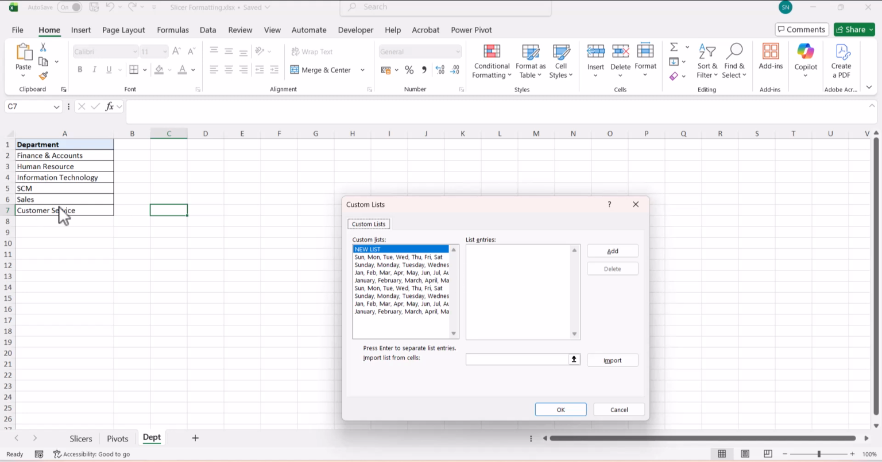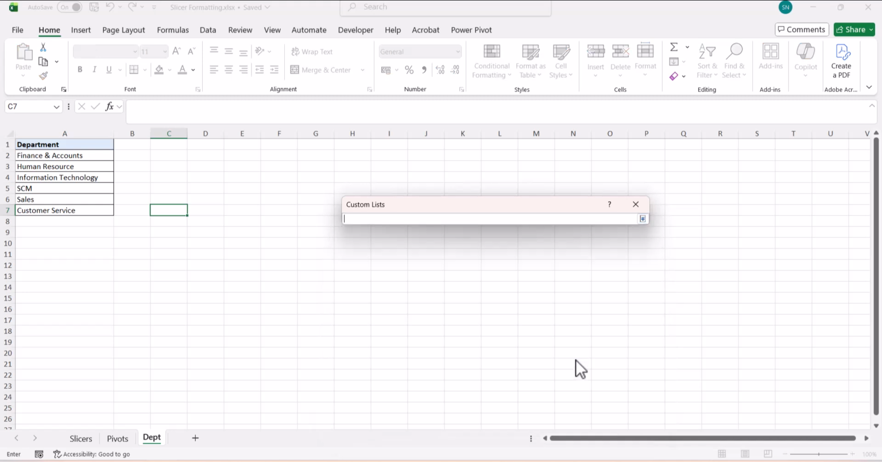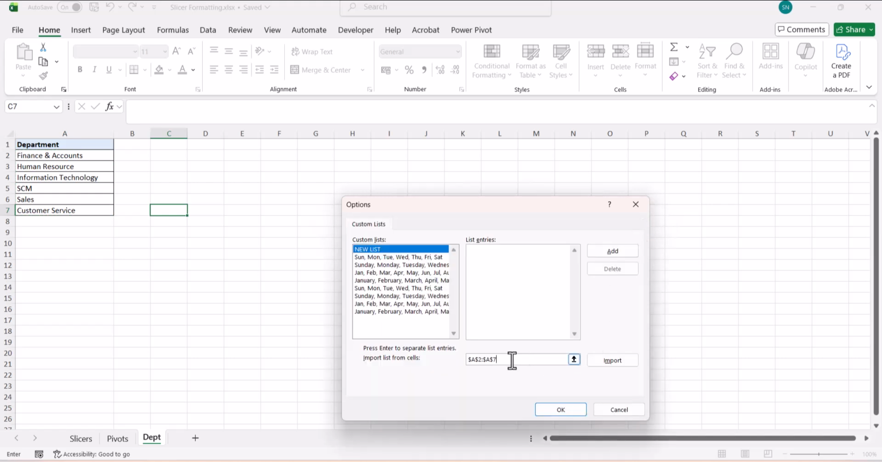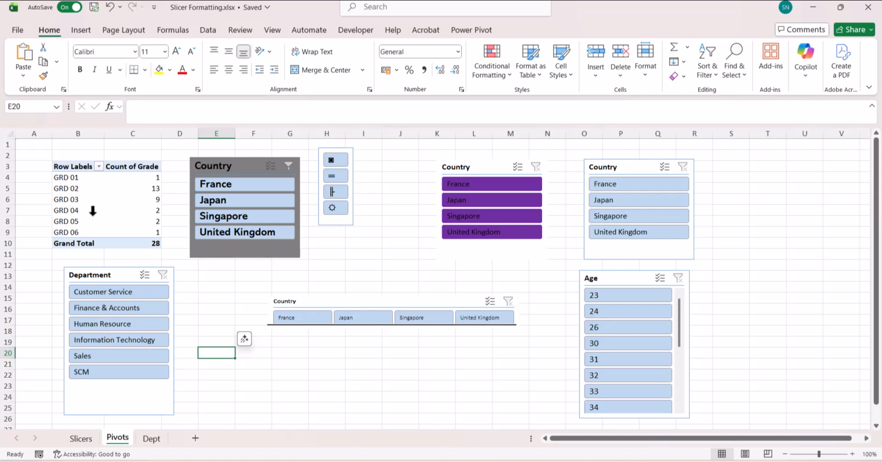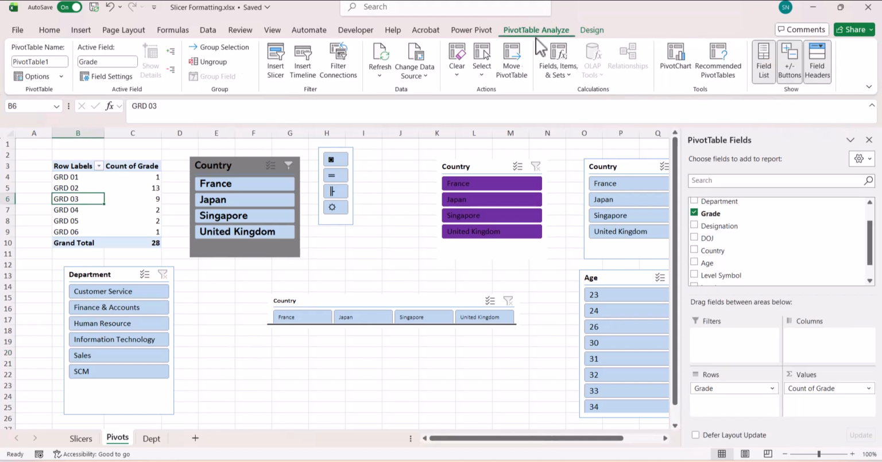So I can add this list over here. So I go here and I add this list. I did the list over here. I did import and all this list came. And I say OK and do OK. Let's go here and let's refresh everything. So I've refreshed all the pivots, and if you see here, my order has changed to